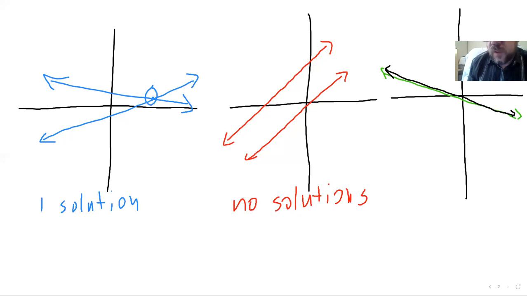And then the last one is infinite solutions. That doesn't mean that literally every point is a solution, but it does mean that every point on the line, on either one of the lines, so they're the same line, is a solution. And there's an infinite number of those, obviously. So let's see